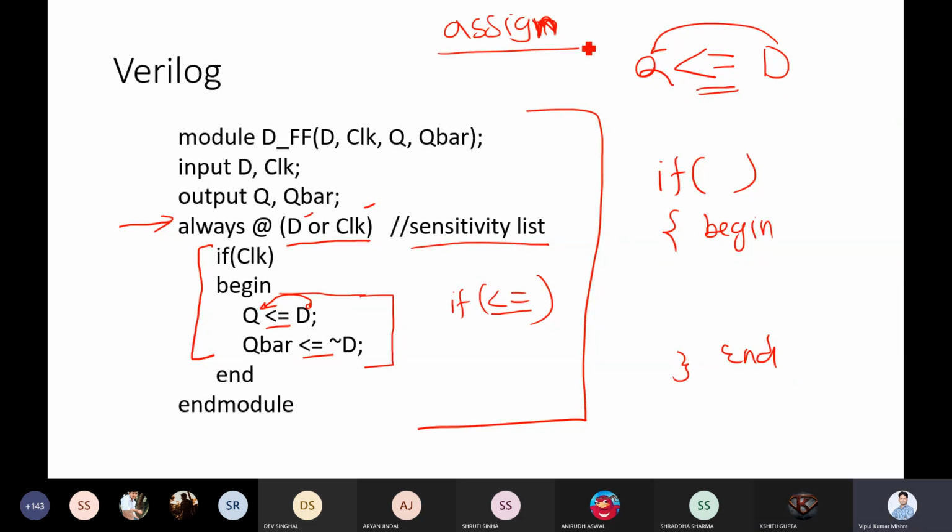Okay, sir. Assign is not required. This is the procedural block. Assign will come when we have a parallel block or behavioral structure where we are giving the equations. Here we are talking about the values. Okay, sir. Got it? Anyone, any doubt, guys?